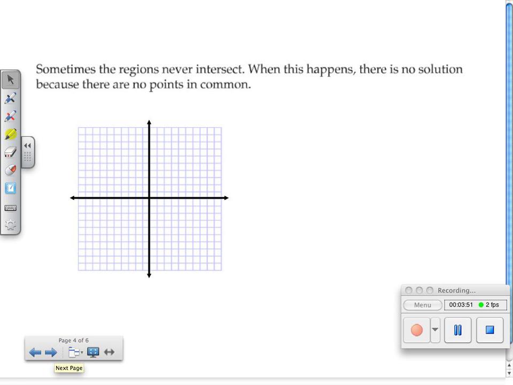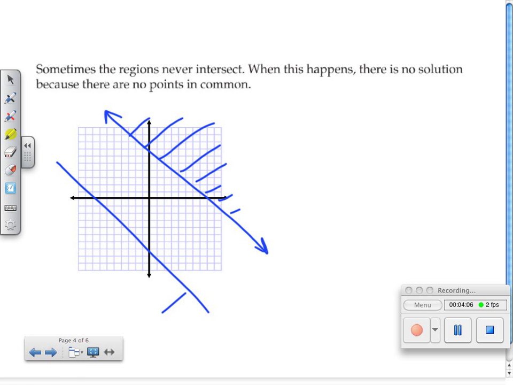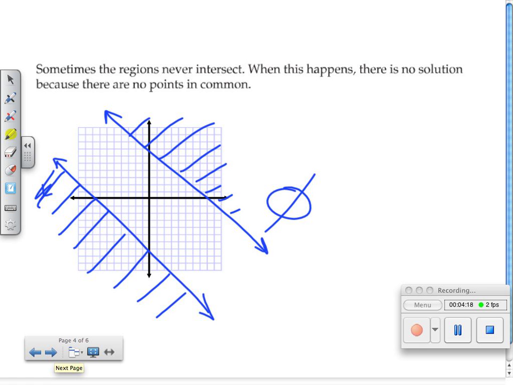Okay, sometimes regions never intersect. When this happens, you have a line here, and it's shaded like this, and you have another line here, maybe parallel. Will parallel lines ever intersect? Never. Parallel lines never intersect. So in this case, there is no solution. However,